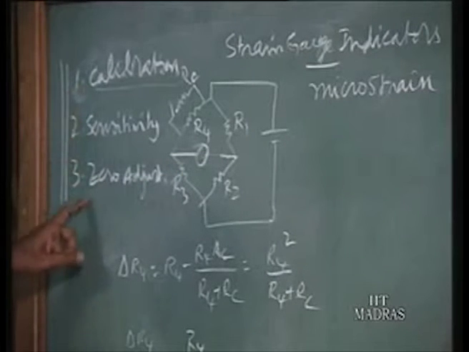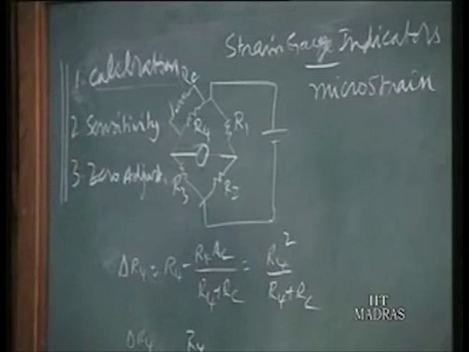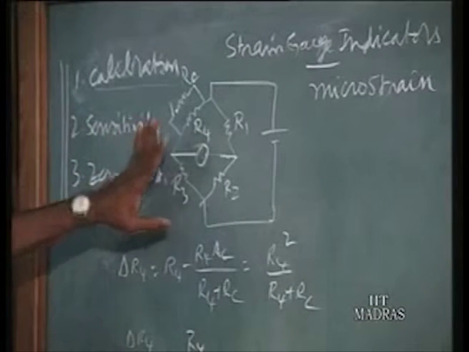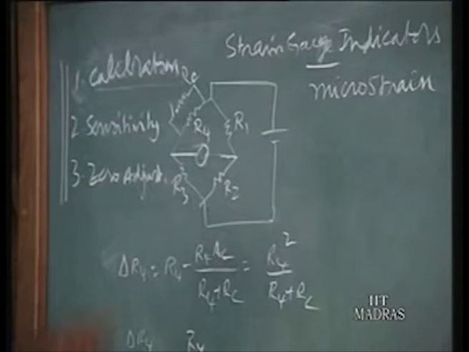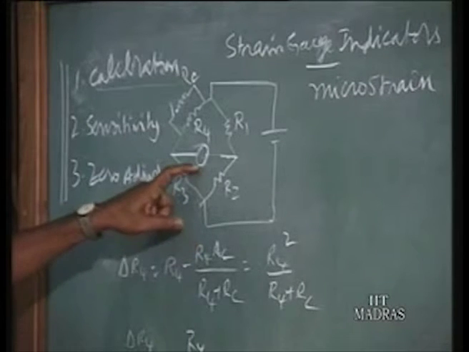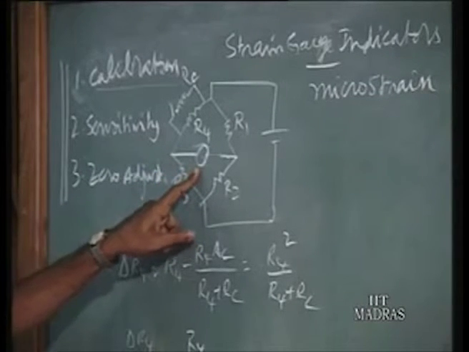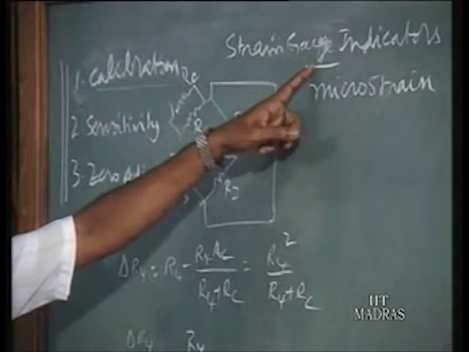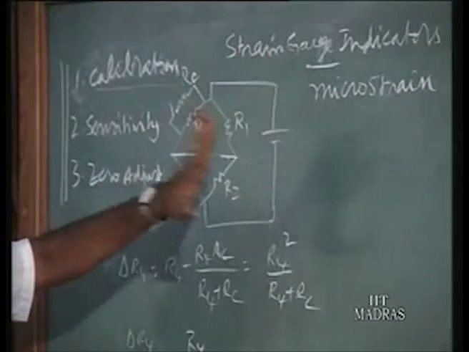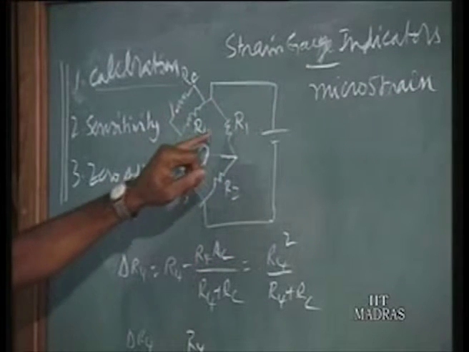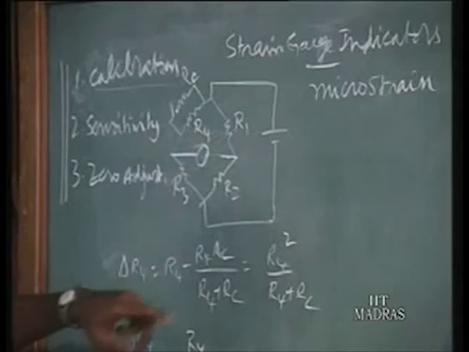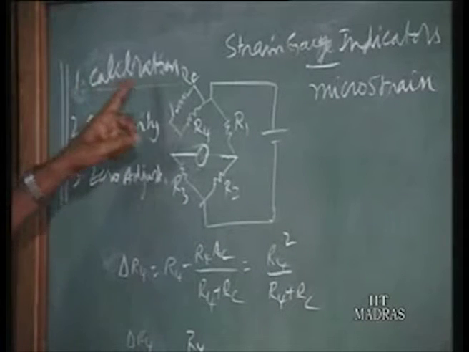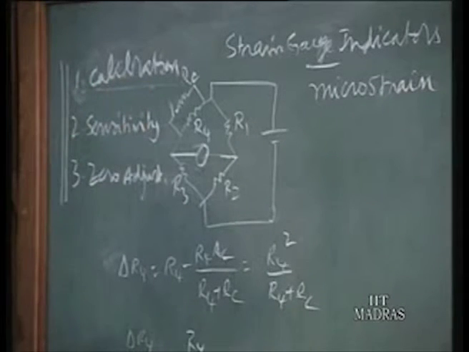So what are these three knobs? Suppose for any instrument, before we make use of it, we should calibrate the instrument to see whether it is giving the correct reading. Without checking the correctness of the reading, there is no point in using that instrument. Similarly, for the strain gauge indicator, give the power supply as indicated and then see whether the instrument gives the correct reading. That is called calibration. For that, use the calibration knob, and close the knob.